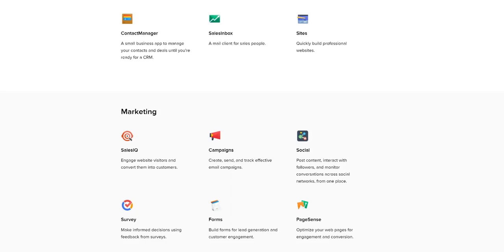You can watch your competitors' social media platforms to see what they're doing. It's just a great way to manage all of your social media in one place. With Zoho Survey, this application allows you to send out surveys